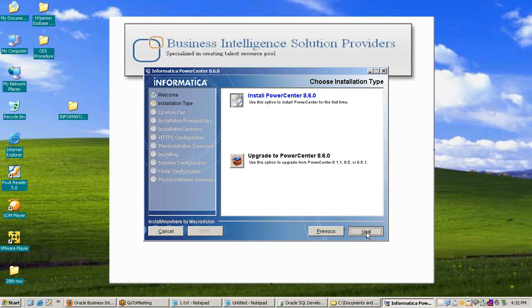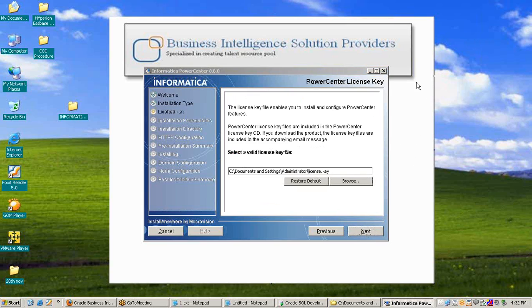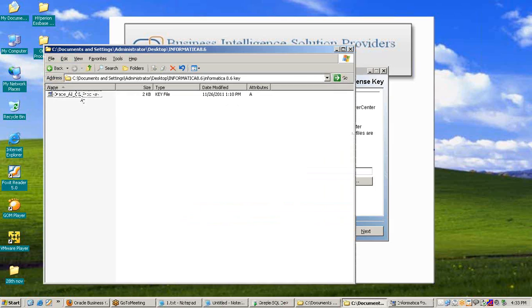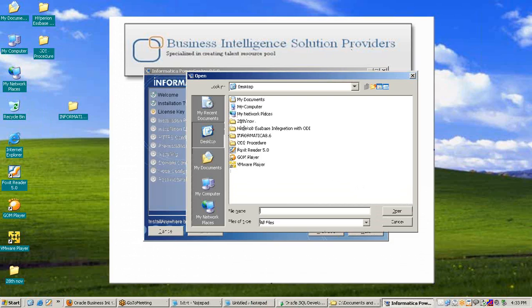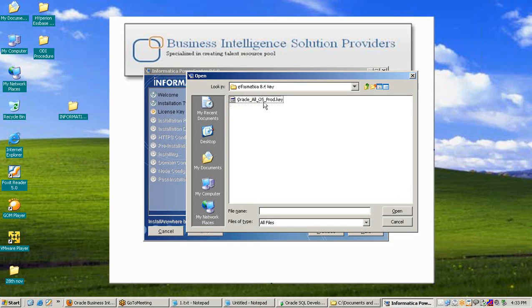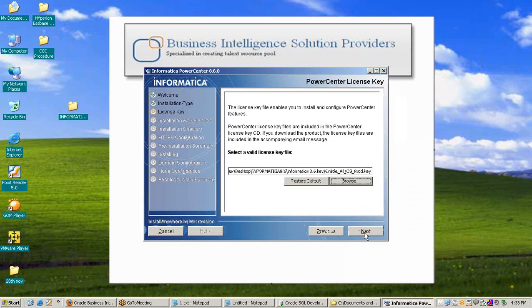Then press next. The PowerCenter license key window appears. Here we need to browse the path of the key. Our key is located under this folder. Just browse, go to desktop, Informatica 8.6, and Informatica 8.6 key, then select, then open, then click next.